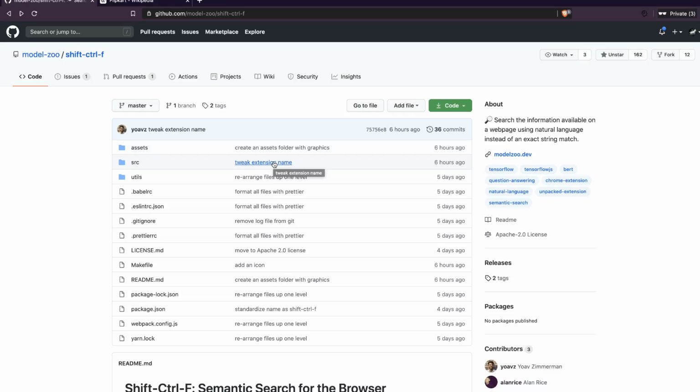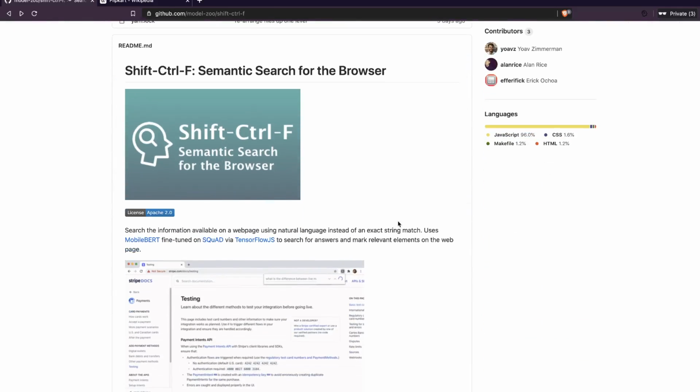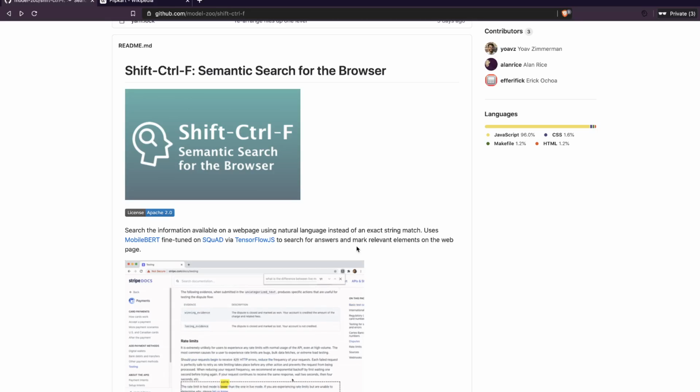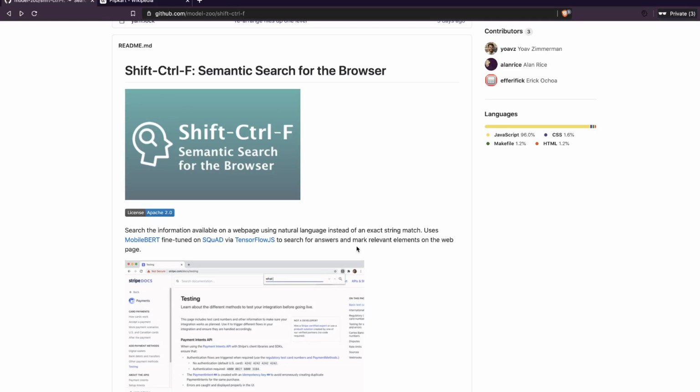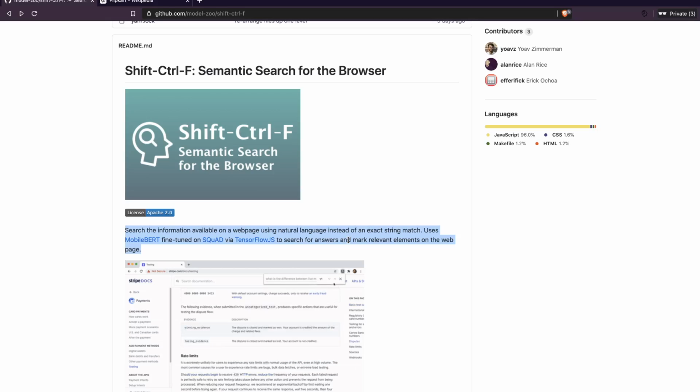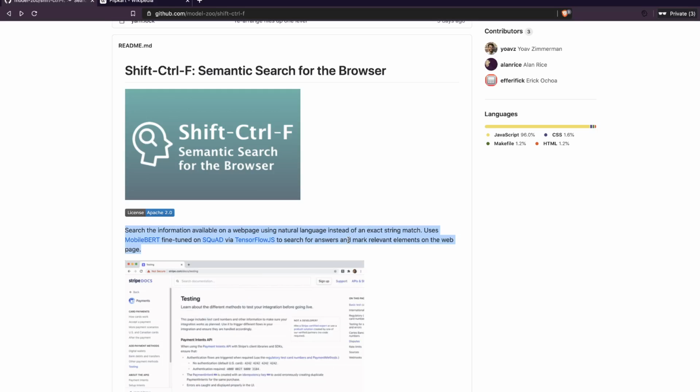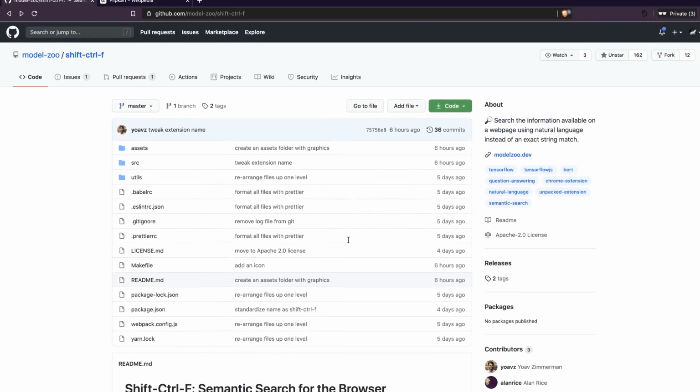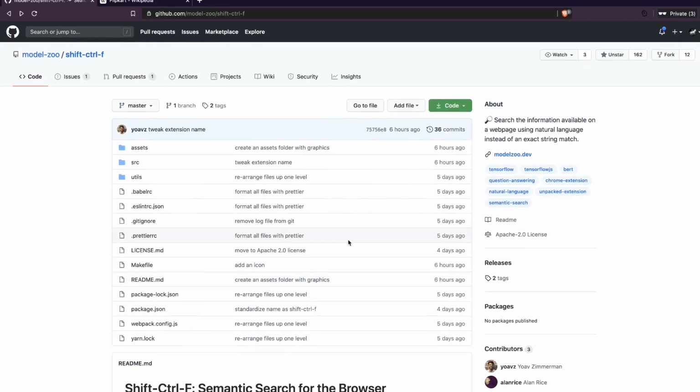How to improve our productivity or solve our everyday problems using machine learning, and TensorFlow.js is really a good solution for that, because virtually everyone has a browser. You have a browser on your mobile phone, on your laptop, on your computer, so you can definitely install machine learning very easily without needing a lot of sophistication. And because of that, this is a wonderful project. Once again, thanks to Model Zoo for putting it together and making it open source. Now anyone who wants to build a similar solution can simply fork it and start working on top of it, and that's what makes open source awesome.